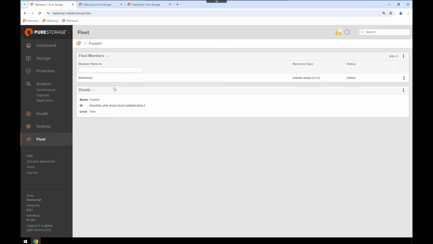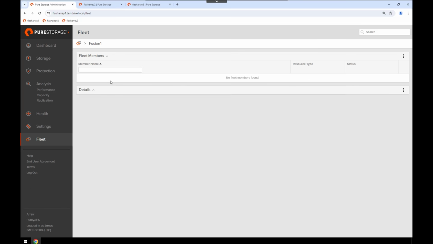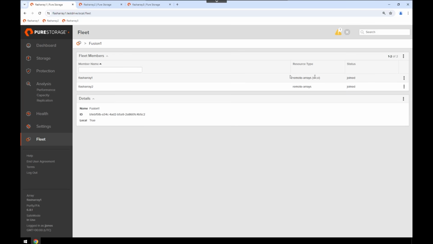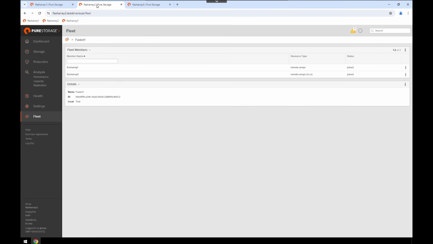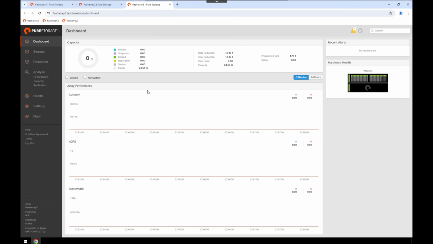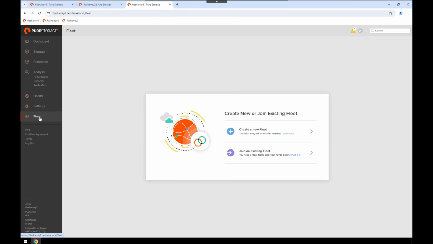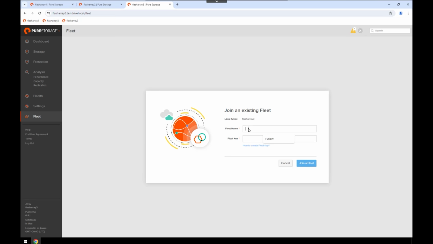If I go back to Array 1, you can give it some time or just do a refresh, and you're going to see FlashArray 1 and 2 are there now, right? So that shows me I'm local on 1 there, shows me I'm local on Array 2 there. Again, they're both management endpoints in that fleet. So we repeat the step for Array 3. I'm going to go ahead and find that fleet name, and I'll paste that key,